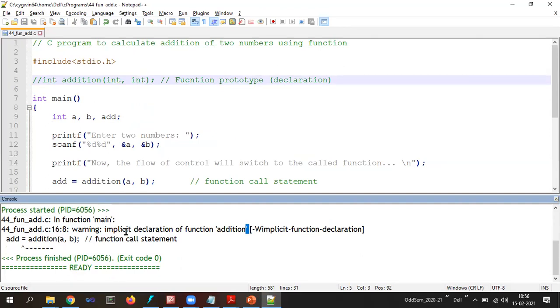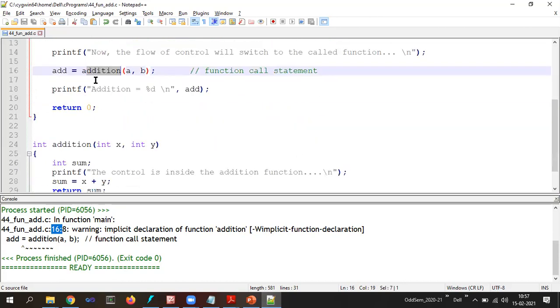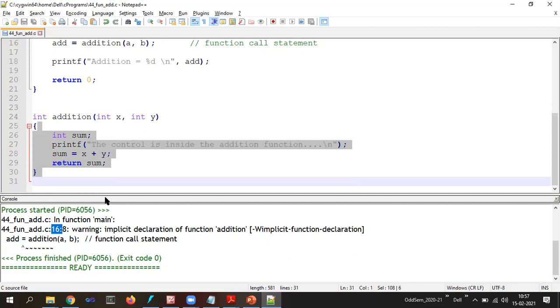This particular warning is displayed for line number 16. What is line 16? The function call. When this statement is getting executed, the compiler finds that, okay, it has not been informed that there is going to be a user-defined function, but it can see that there is a user-defined function here because of this function call. It will assume that there will be a function definition matching the name of the function and the number of parameters, and it will skip the execution to that part, and then those statements will be executed. It will not give you any errors, but it will give a warning.